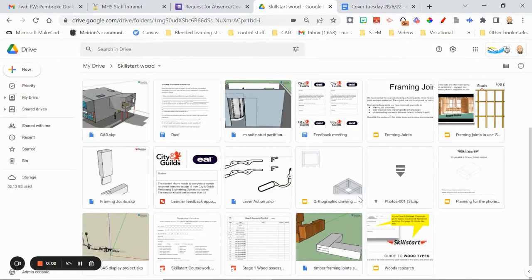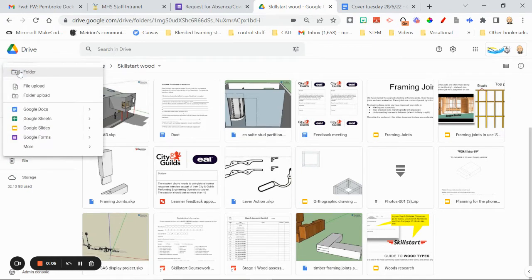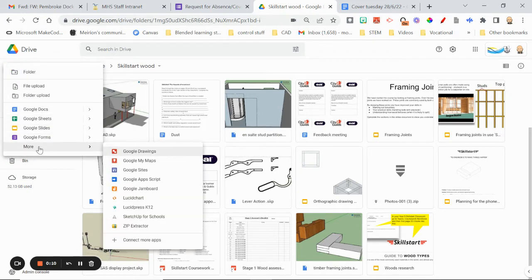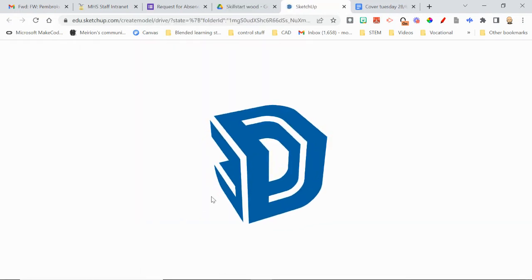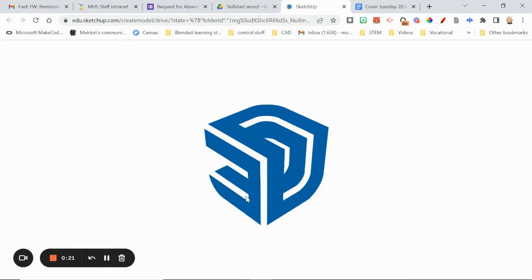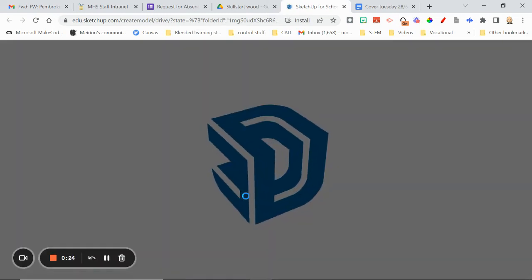Okay, I'm going to go over how you're going to use SketchUp for Schools to create the 150 square box. It's a nice little task, and if you look at it stage by stage, it shouldn't be too difficult, right? So get your Drive account and go to the More in New and find SketchUp for Schools. Click on SketchUp for Schools and let it load. Now, once it loads, you just click to log in with Google, and your first task is going to be